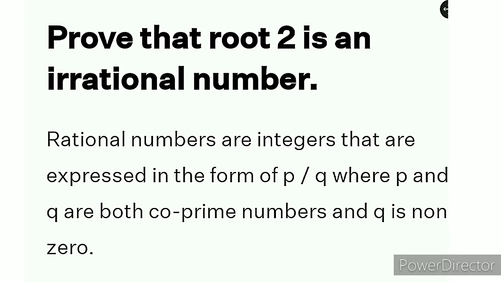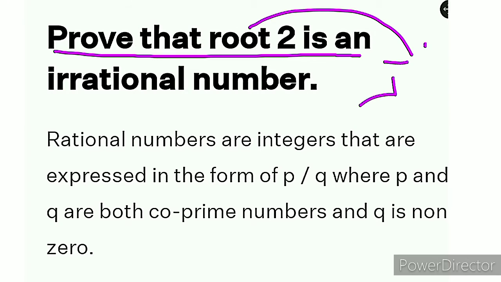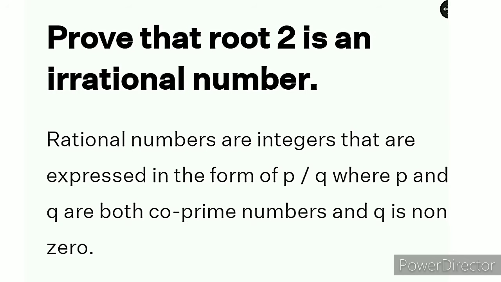So in today's video, we will learn a very significant theorem of mathematics, that is, we have to prove the irrationality of square root of 2. So let's start. The statement of our theorem is: prove that root 2, meaning square root of 2, is an irrational number. Before starting the proof of this theorem, let's have a look at the definition of rational or